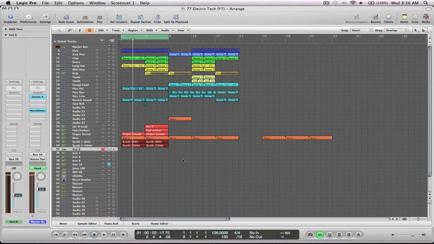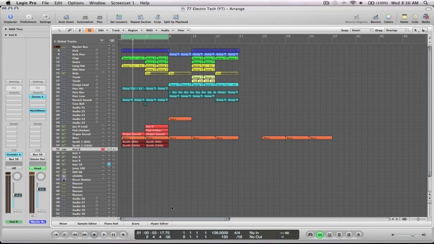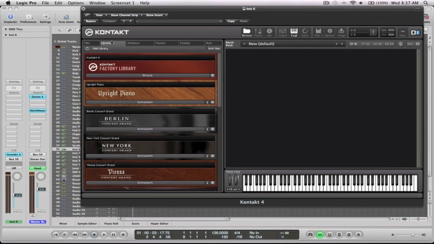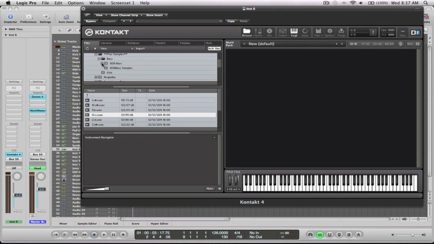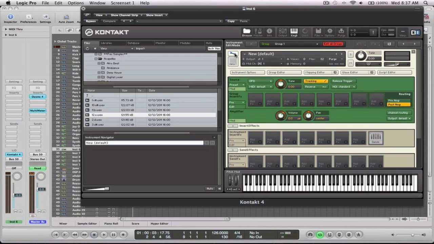And then what I'm going to do is come down here, open up Native Instruments and Kontakt, open up a stereo, and from here we will open the browse. What I want to do is close these down. Before I start, here's a new instrument, and if you saw my little tutorial about sampling, you would have seen this before.